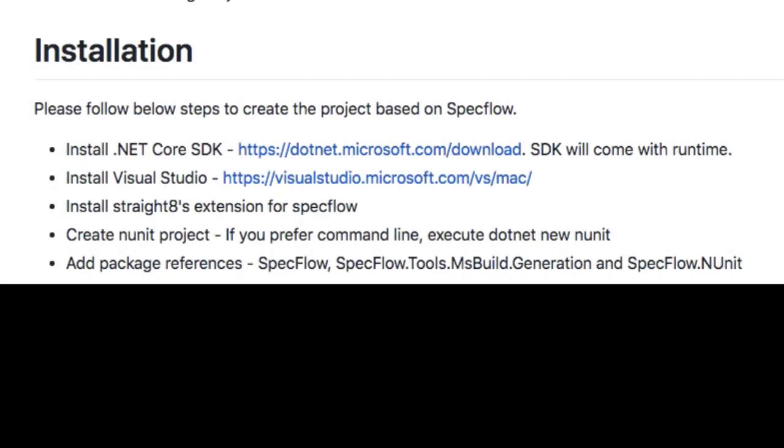Welcome to the lecture on the installation of .NET Specflow project. So in this lecture, I will tell you what kind of tools you will require to install on your system. So first thing that you will need to install is .NET Core SDK, and this is the link